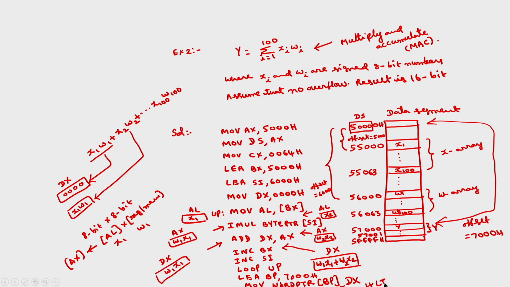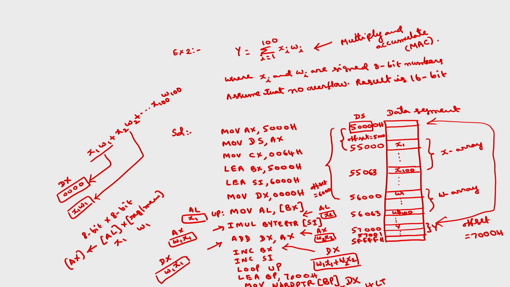This is the program which computes y is equal to sigma xi wi. So, this is the important operation in DSP. This is the multiply and accumulate operation. Okay. If you take the filter, same operation. If you take the transform, also we have similar types of operations. This is the second program, and I will take a third program